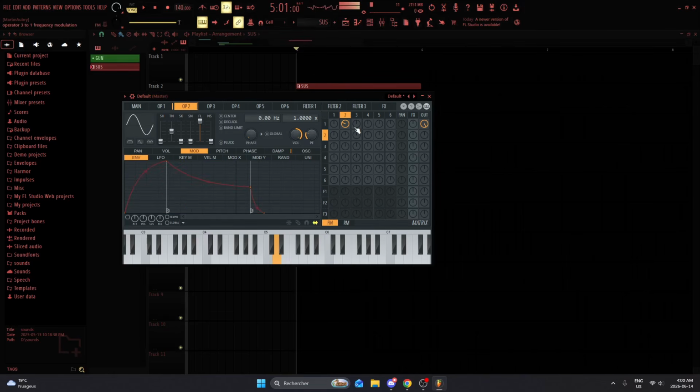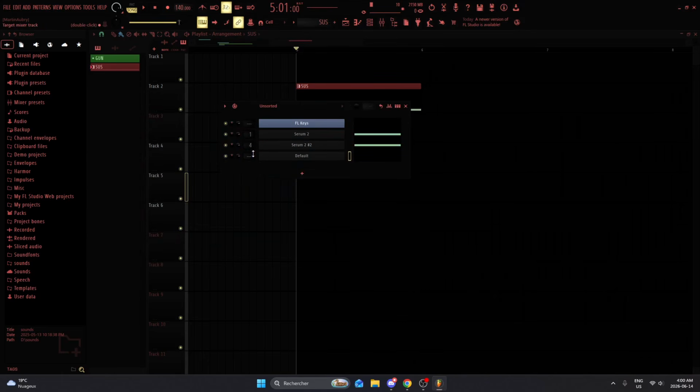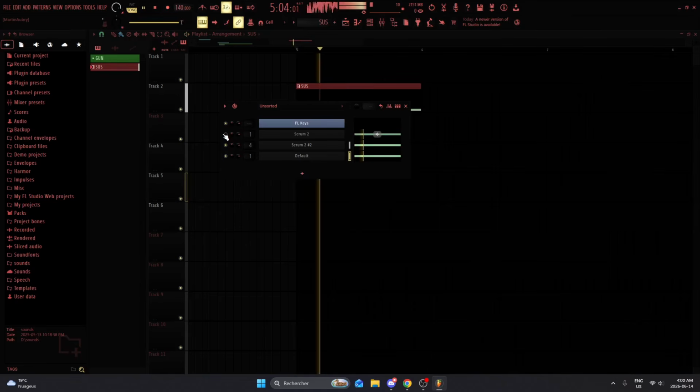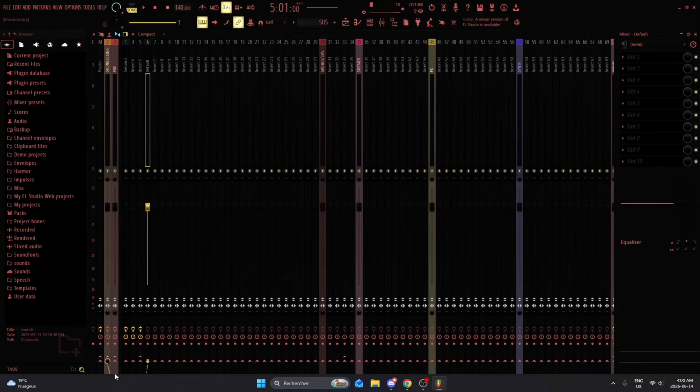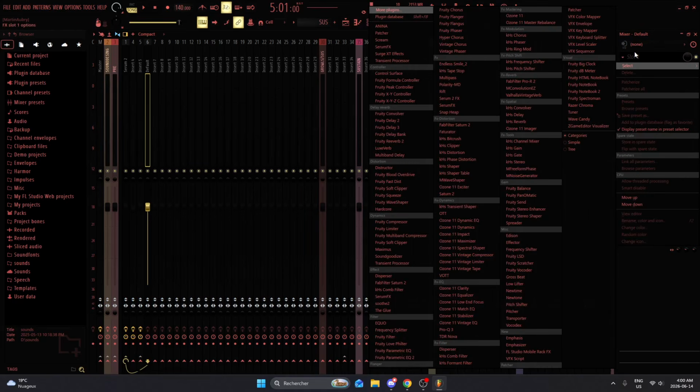Okay. Already sounds pretty cool. Let's put it in the same rack and let's actually play that, just to see. Oh, this sounds good, but there's no effects from Serum,